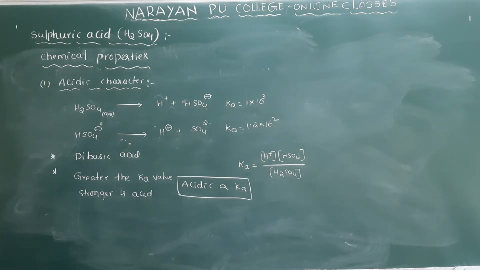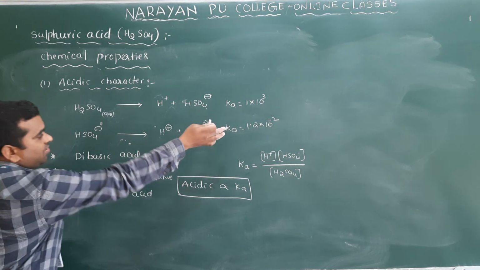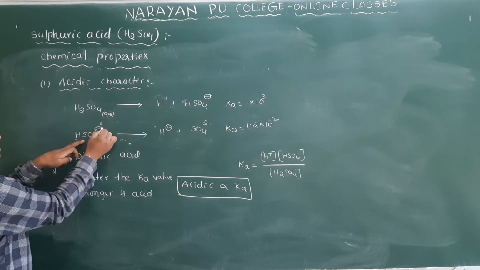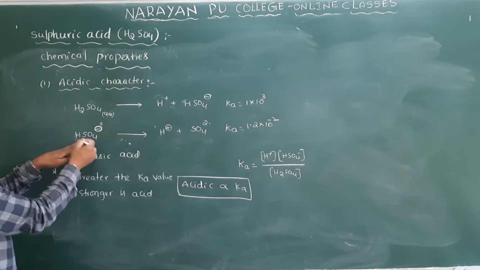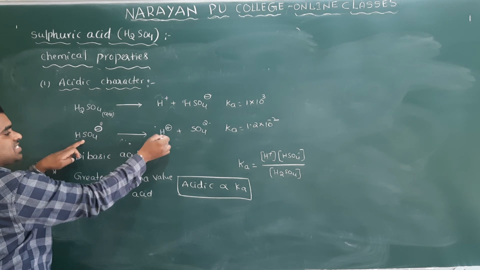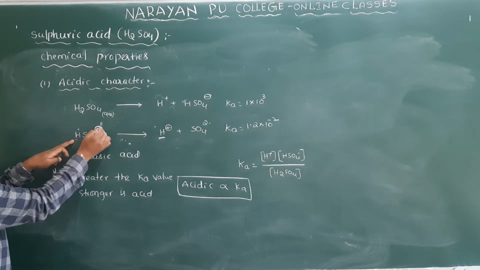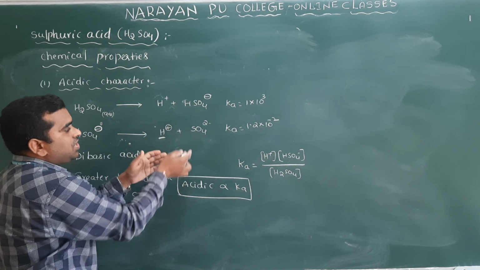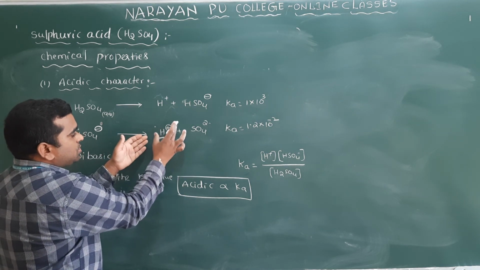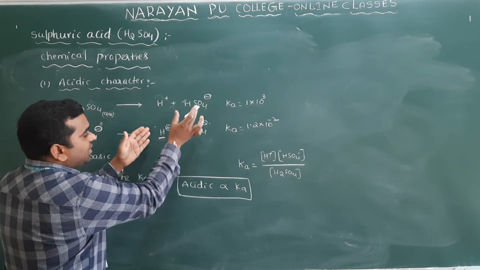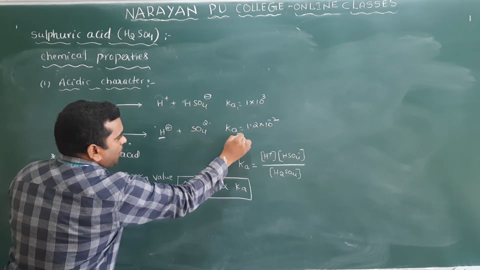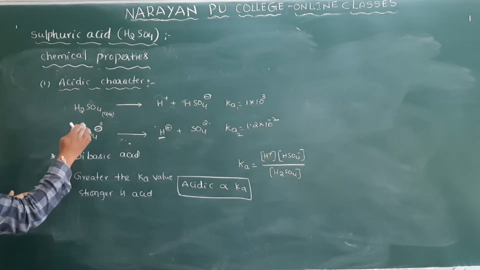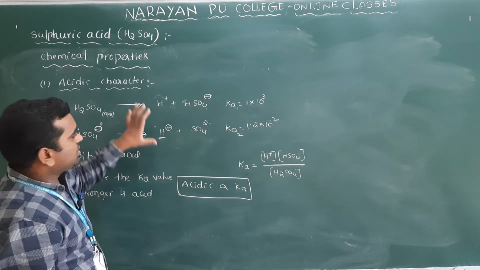Why? Because according to the Ka value, H+ has to be removed from this molecule. Already which charge is present on this molecule? Negative charge. To act as an acid, it has to give H+ ions, and between H+ and the negative charge there will be some attraction. Due to that attraction, it won't give H+ ions very fast. If H+ ions aren't given very fast, the concentration of H+ ions on the product side decreases. When the product side decreases, the dissociation constant automatically decreases. Then that acid we call a weak acid. Clear? So this is the concept.